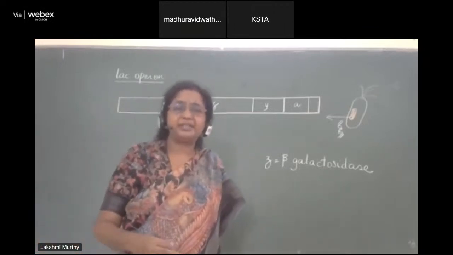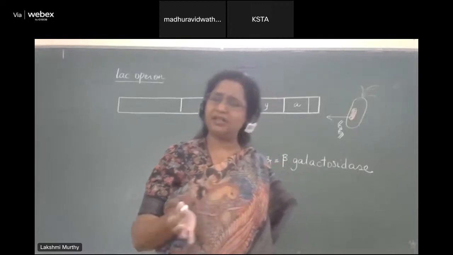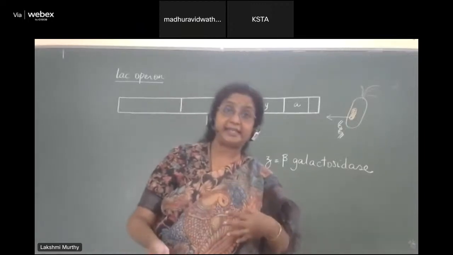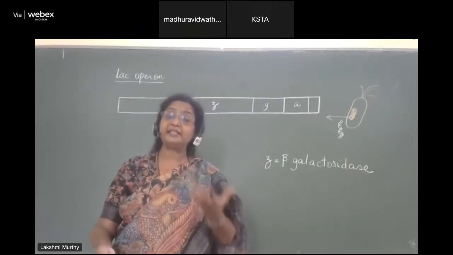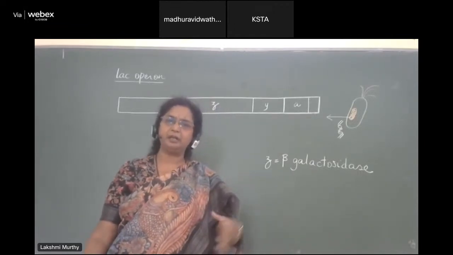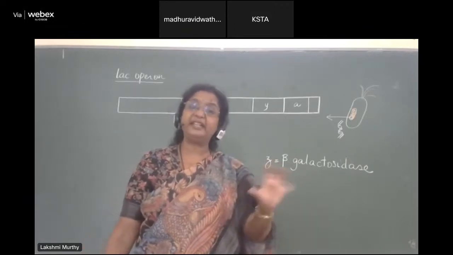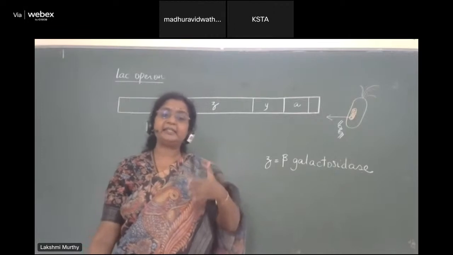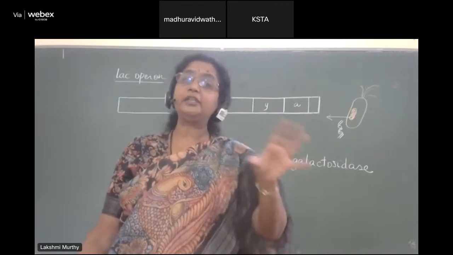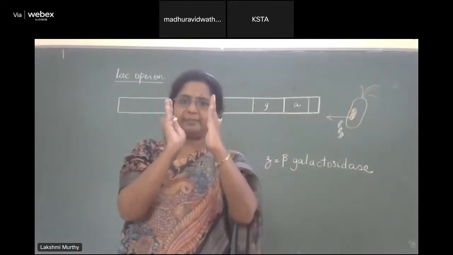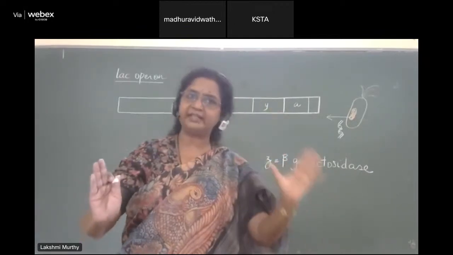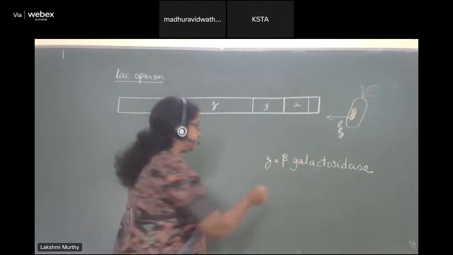To give you an idea, in a very gross manner, we can say beta galactosidase is very similar to the lactase that your intestinal juice contains. We have lactase in human beings, you learned that in first year. So beta galactosidase is very similar to lactase. It is able to break down an isomer of lactose called allolactose into glucose and galactose. So just remember, beta galactosidase breaks allolactose, an isomer of lactose, into glucose and galactose. That is what beta galactosidase does.